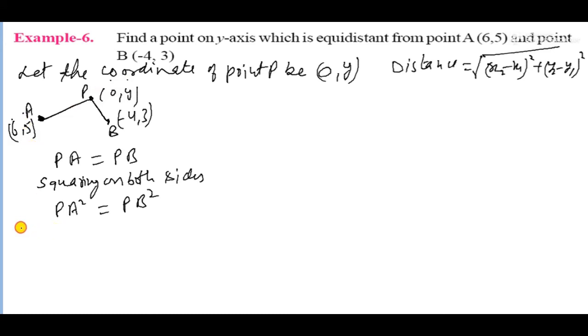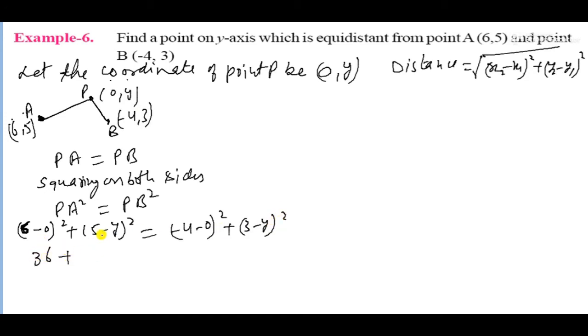So now put the value of the distance formula. As you know, the distance formula is the square root of (x2 minus x1) whole square plus (y2 minus y1) whole square. Now the distance formula is used and it is squared, so the square is cancelled with the square root. So let us see how to do it. First of all PA, it is x1 y1 and it is x2 y2.